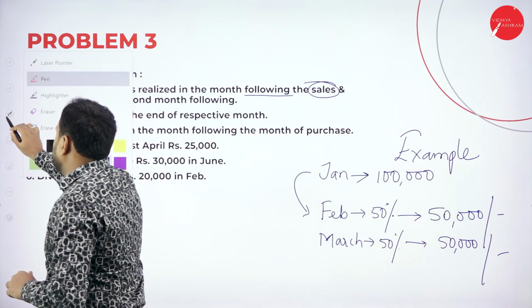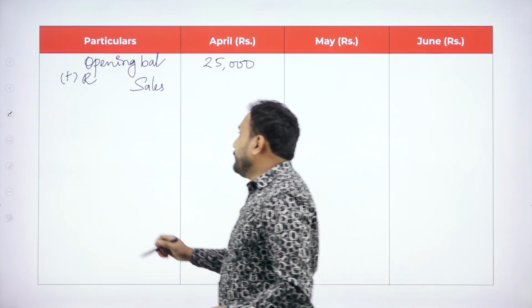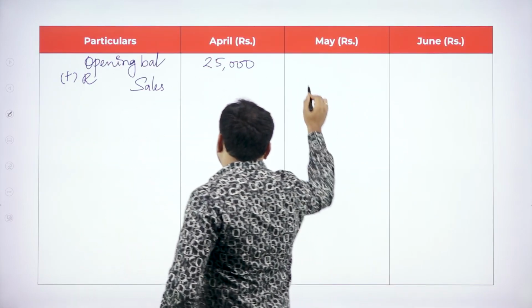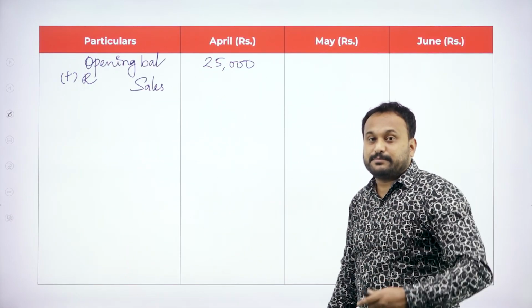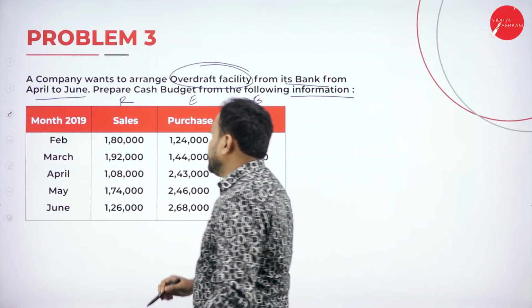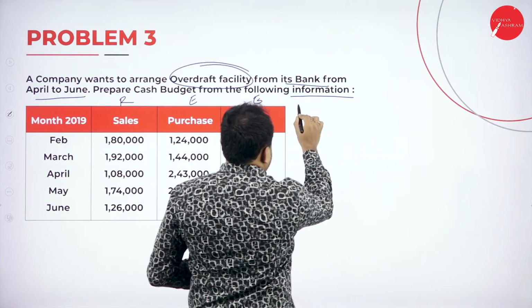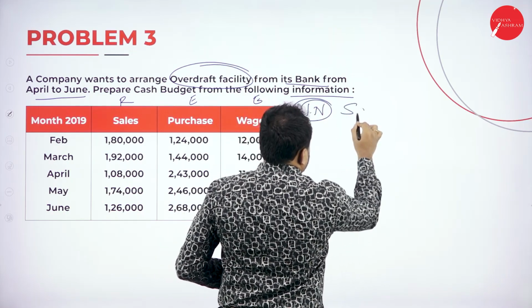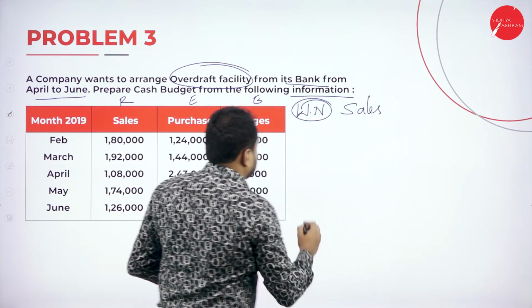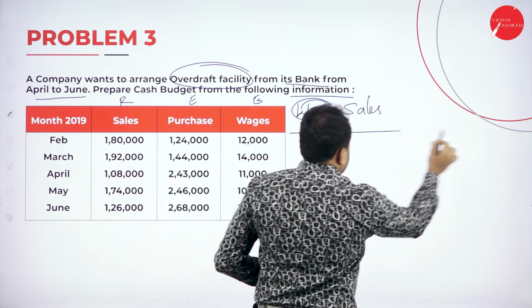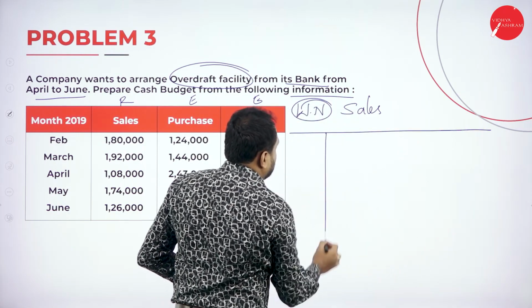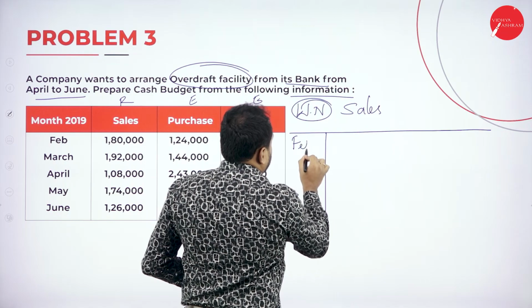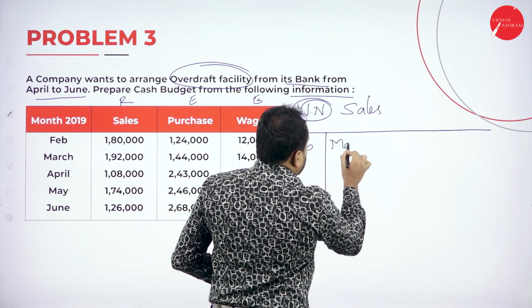Let's go with our problem now. The sales entry, April, May, June, only those 3 we are supposed to calculate. Let's go with the sales. Here only I'll do the working note. This is the first working note for sales. For that, you prepare like this. Here we'll write Feb, then March,